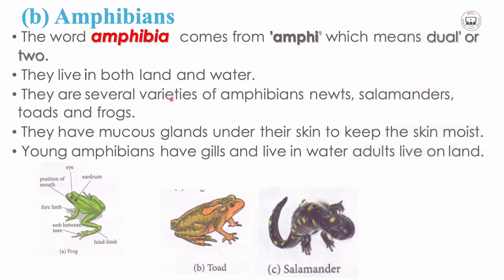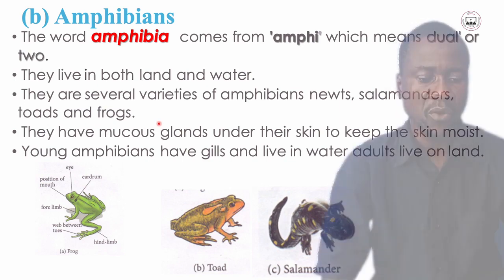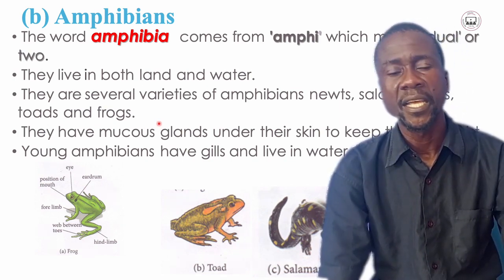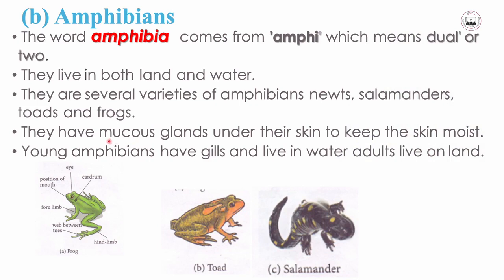And there are several varieties of amphibians. Some of these are the newts, the salamanders, the toads, and the frogs. The more common ones are the toads and the frogs. They have mucus glands under their skin to keep the skin moist. Young amphibians have gills and live in water. Adults live on